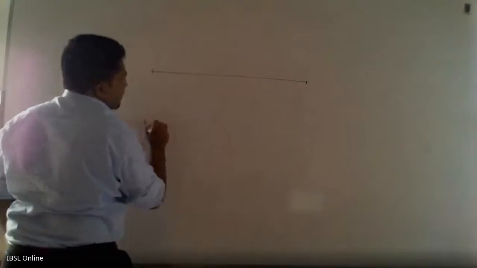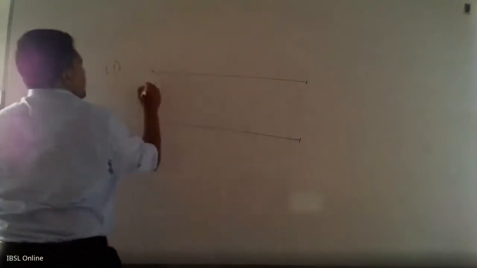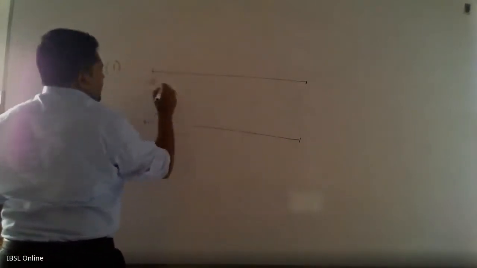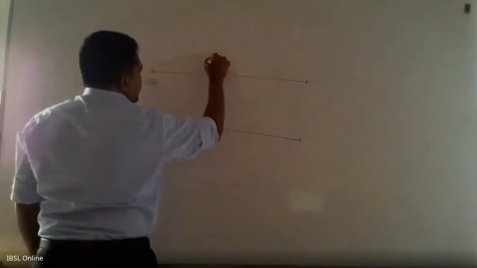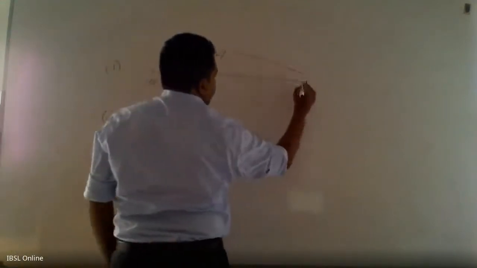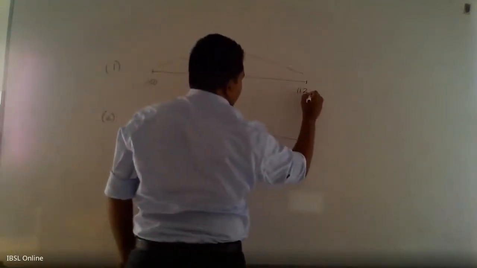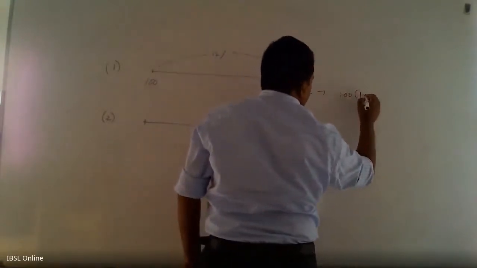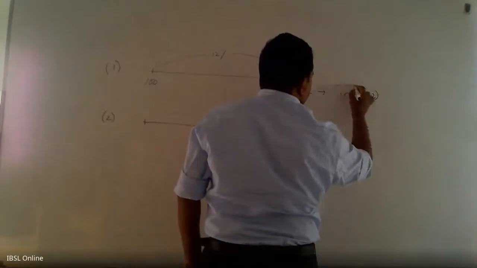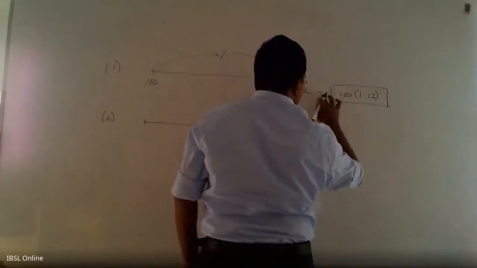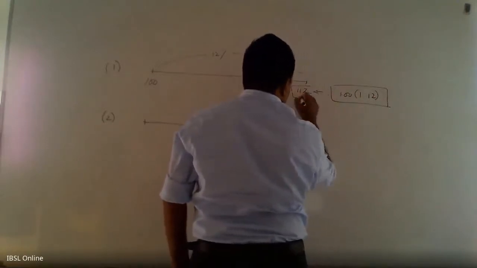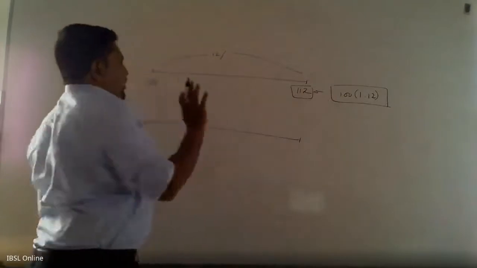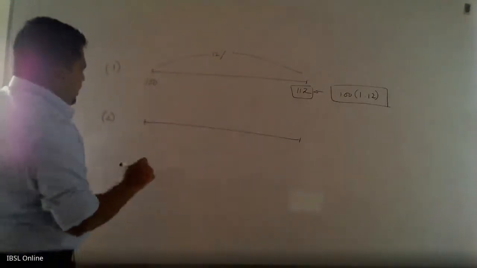Let's say this is the second option. We're going to start with 100, grow at a rate of 12%. What's the equation? 100 into 1.12 is going to give me this value of 112. We are happy. We know how that comes. But instead of